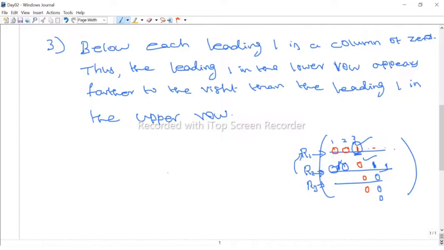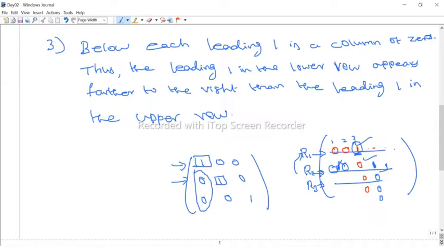For example, take the identity matrix: 1 0 0, 0 1 0, 0 0 1. I scan the first row and find the first non-zero entry, the first entry itself, and the corresponding column entries are 0. Now scan the second row. The first non-zero entry appears in the second column, after the first column, as it should. Therefore, the entries below are 0.